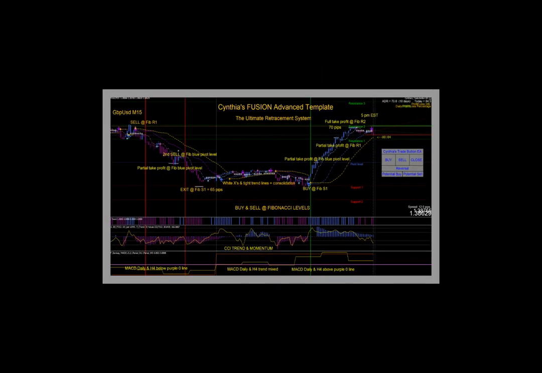This is the pound US dollar and the 15-minute chart. This shows you everything that comes on the template, and it looks a little busy, but once you get used to the indicators and you see how they all work together, then it actually becomes very simple. Basically, when all of the colors are the same, that they agree, then you would either sell or buy. We have white X's that show you consolidation or flat no trade areas. There are Fibonacci levels. We buy and sell directly from each Fibonacci level,